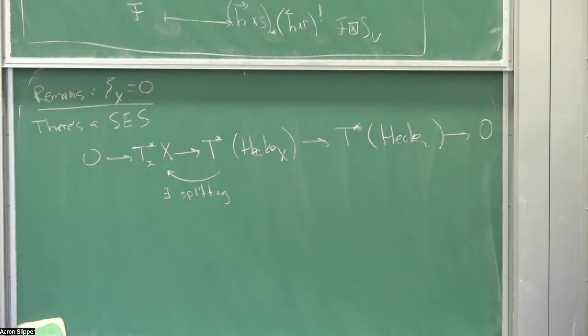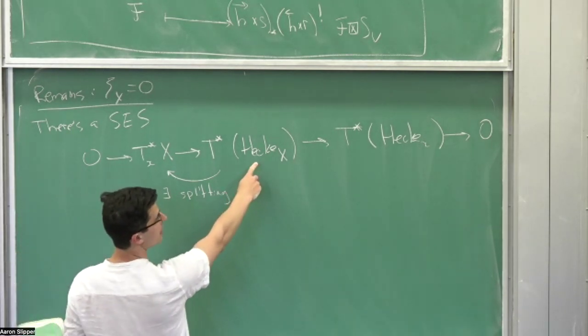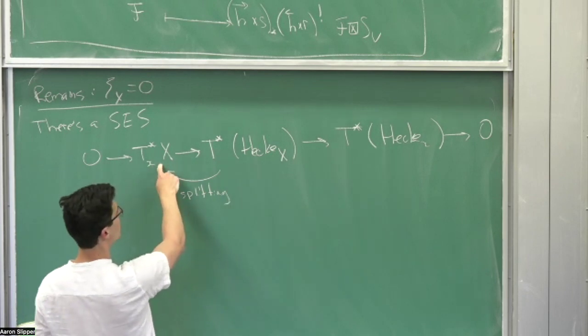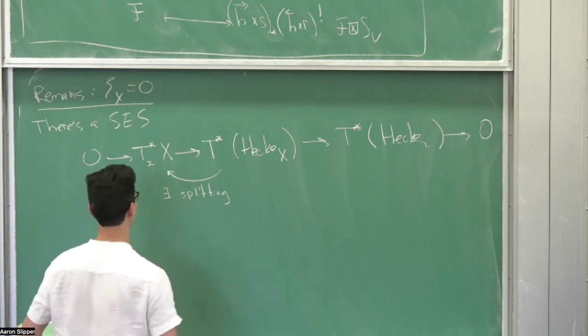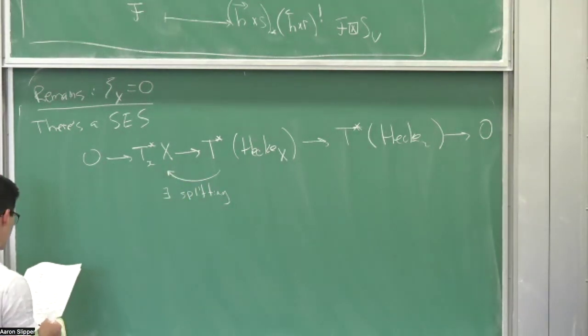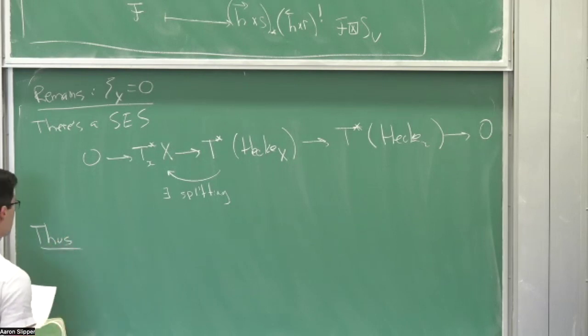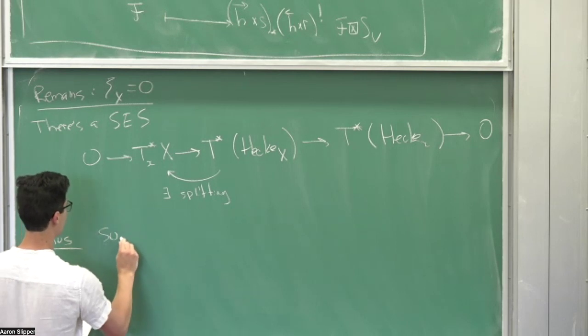And what this tells us is that to check something is 0 here, it suffices to check the image under this is 0. So I'll write this explicitly. Suffices